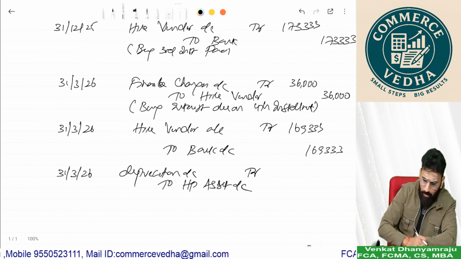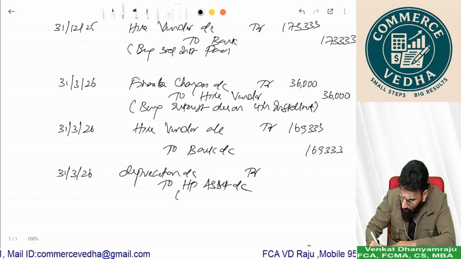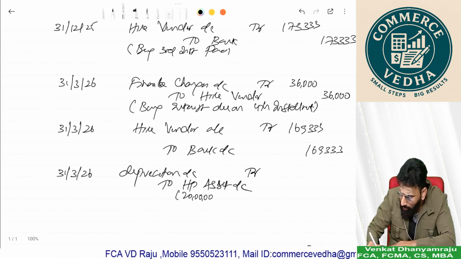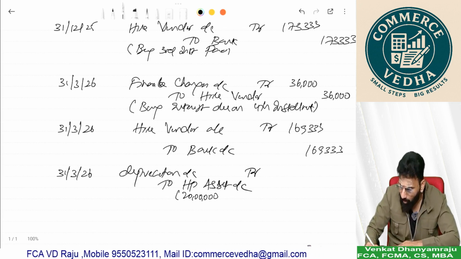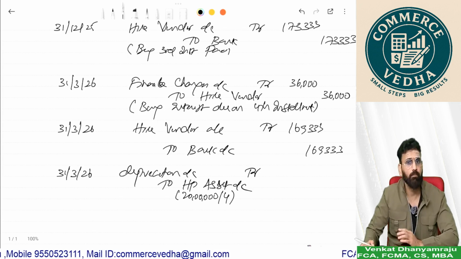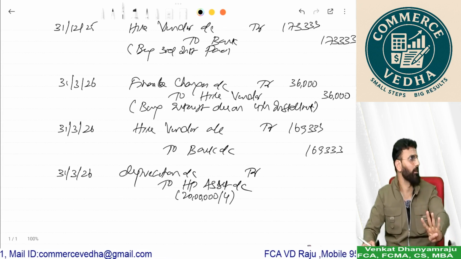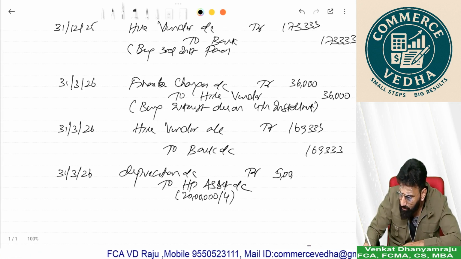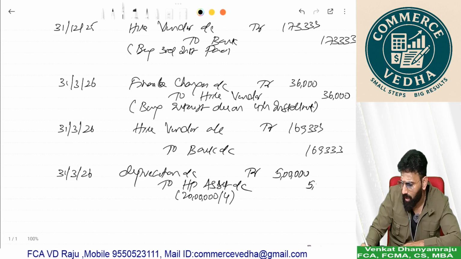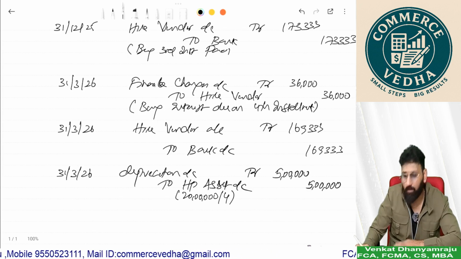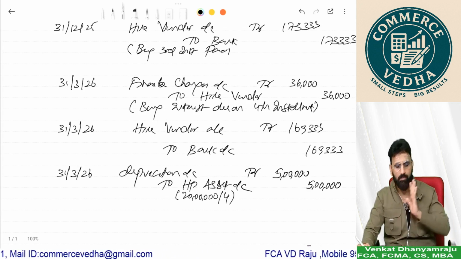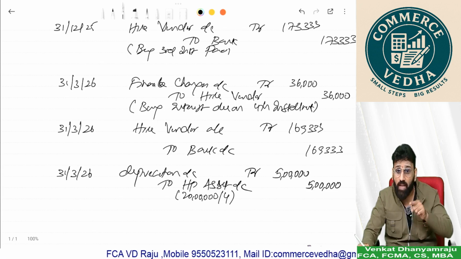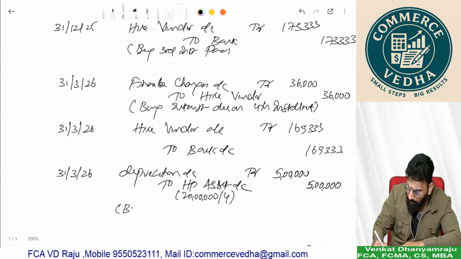20 lakhs is my cash price. Life, I'm assuming only 4 years. If it is only 4 years, 5 lakhs is my depreciation, assuming no scrap value on the asset and straight line basis. For understanding, we should compute depreciation at the end of first year and write,